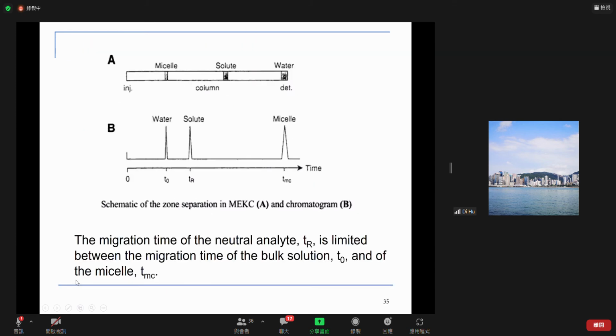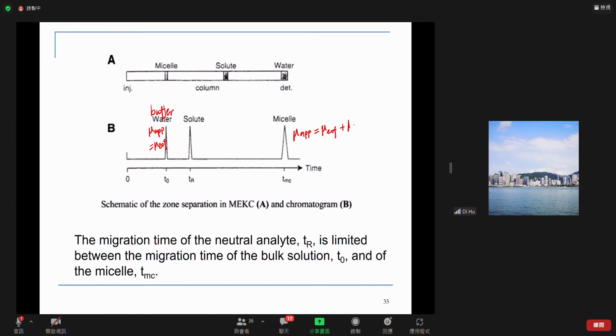If you look at this one, when you inject your sample, what comes out first? Your buffer. So for the buffer here, mu apparent is equal to mu EOF. Okay. And for the micelle, mu apparent is equal to mu EOF